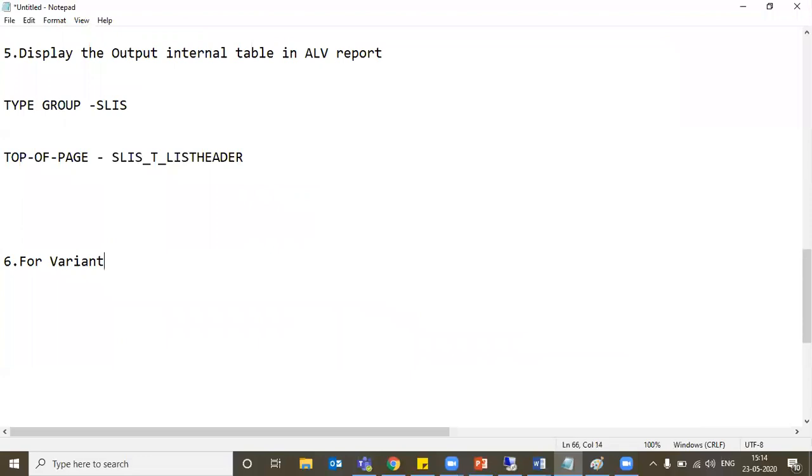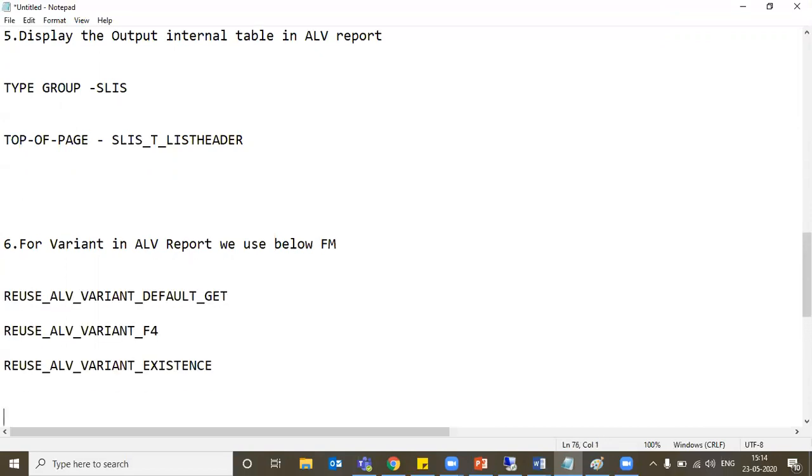For variant in ALV report, these are different function modules.